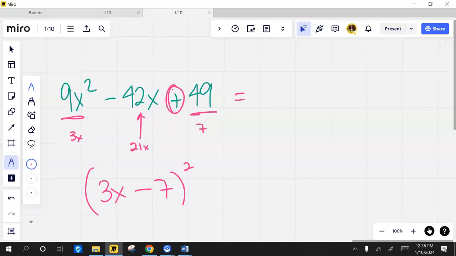Okay. So how do you write it? How does it factor? It factors as the square root of the first one, so 3x, the very first sign, and then the square root of the last, and all you have to do is put a squared on it. It always has to be whatever the first sign is. So the pattern in general looks like this. It could be plus or minus 2ab. So if it looks like this, the ends are squares. If you take the square root of the ends, put them together, and double it, you get what's in the middle. Then it factors as